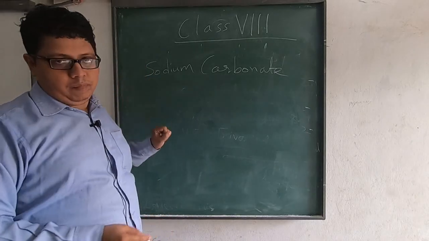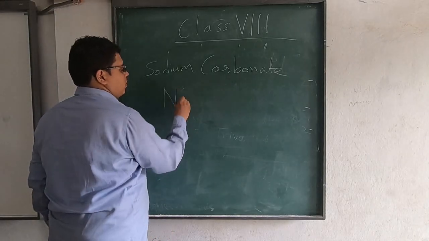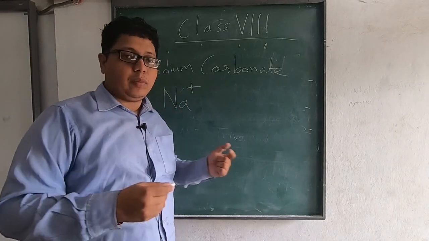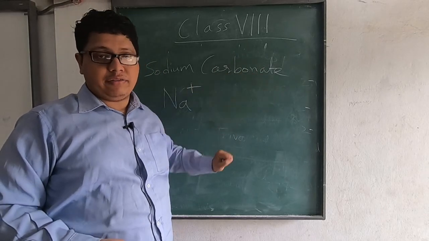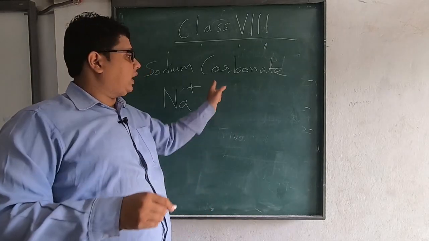So you will find sodium. So you will see in the chart sodium is given as Na plus. Again, you look for carbonate. Now carbonate, we always write the negative radical, the acid radical, in the later half. So you search in the acid radical part, you will find carbonate, which is.